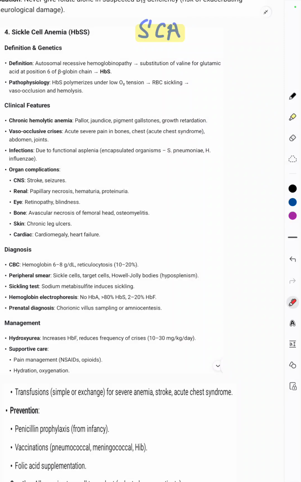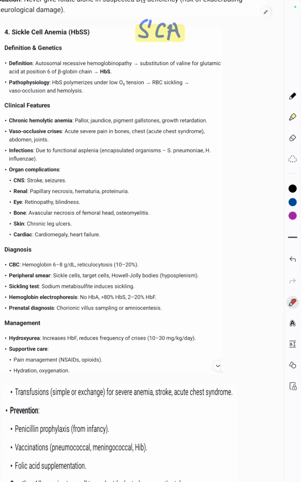Next is sickle cell anemia. Sickle cell anemia is an autosomal recessive hemoglobinopathy, and it is because of the substitution of valine for glutamic acid in the sixth position of the beta hemoglobin chain, that is HbA to HbS. Hemoglobin S polymerizes under low oxygen tension, because of which RBC sickling happens, and that will lead